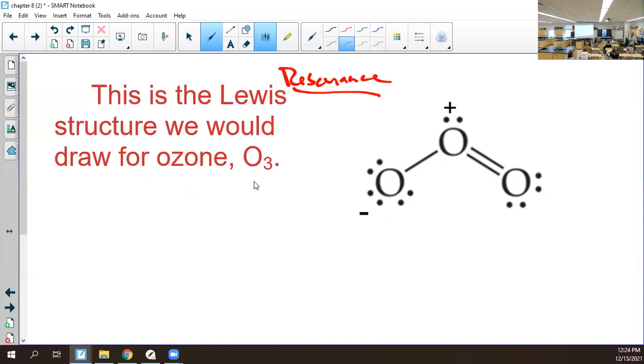Ozone is O3. If we draw the Lewis structure for ozone, we end up with this. Now, don't worry about it. You didn't even draw it. You don't have to know what it is for ozone. But,